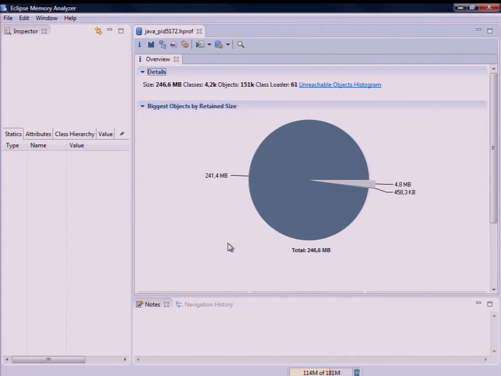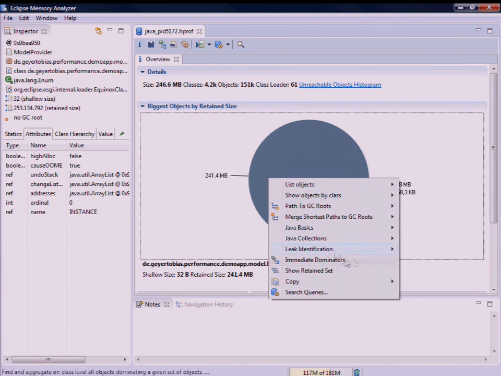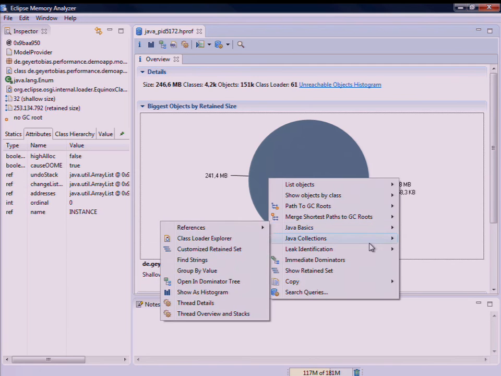But what it gives you is a nice overview of the heap dump you're looking at, and if you look at it, it looks quite obvious that probably this is not our issue. So yeah, we have one massive block laying around here. If you hover over it, you get a few detailed information, and we've got 240 megabytes in one object, which is our model provider. Now, why is that thing so big? What you can do is,